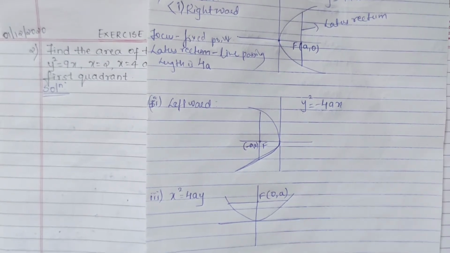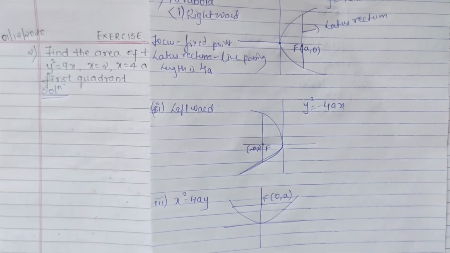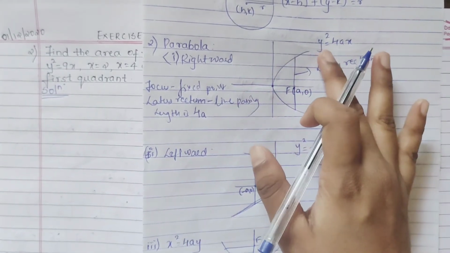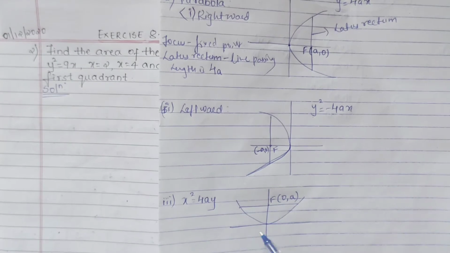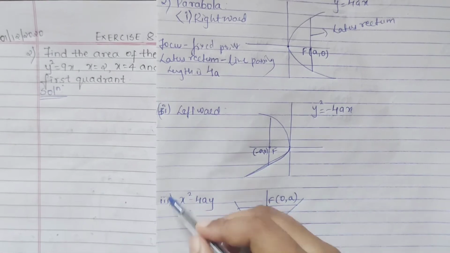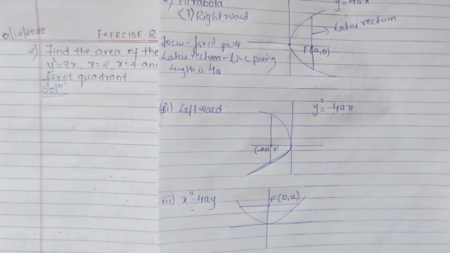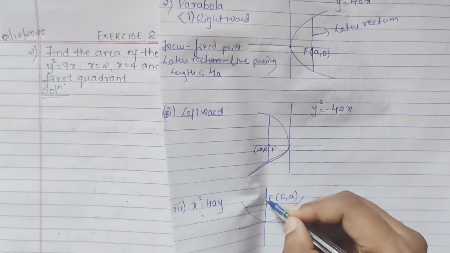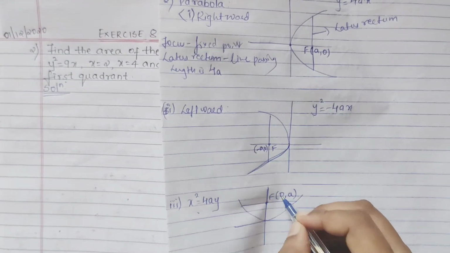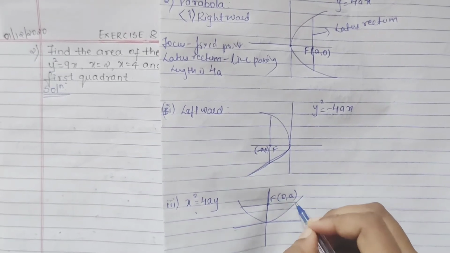upwards, that is when it is touching your x. Okay, if you don't understand how you have to recognize, you should recognize like this: touching your y axis is for your y, that is your equation will be y square is equal to 4ax. If it is touching your x axis, then you should remember your equation as x square is equal to 4ay. If in terms of like this, means you should know it is going here upward. So its focus also will be 0 comma a, because here it is opening towards your upward, means y axis part. So its focus also will be 0 comma a. Here y axis part will be a, x axis point will be 0.